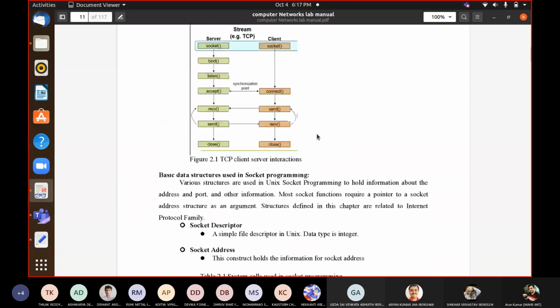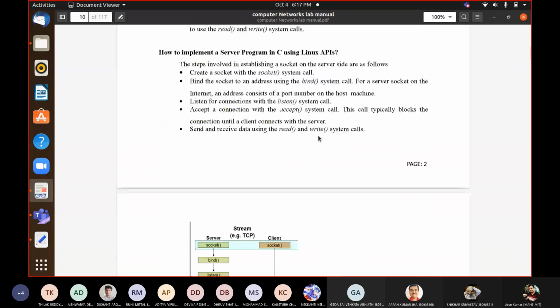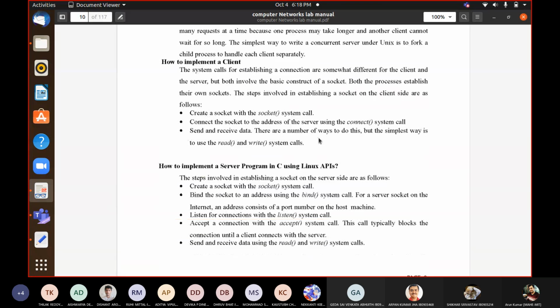Now I will break down the client side and the server side, exactly what we will do. Whenever you have to write the program for the client side, how will you implement it? First, as I have mentioned, you require a socket, because the socket is what ensures the communication. So you will obviously create a socket. We will use the socket system call. Here we are using the Linux API, and the sockets we are dealing with are Berkeley sockets.